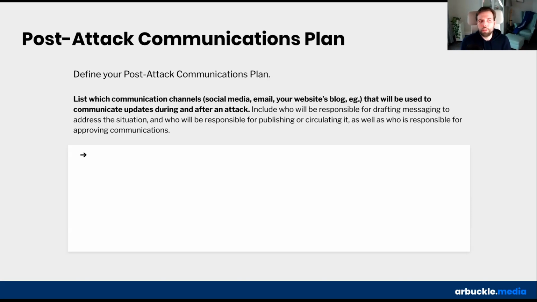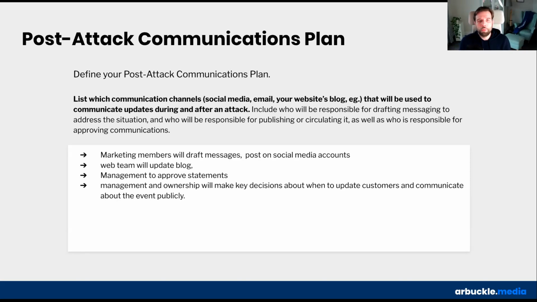And create a post-attack communications plan. So really define which communication channels you'll use, which will be your official methods to communicate with customers, to communicate internally, whether that's getting together virtually so you can see everyone, if someone's email account has been compromised, or getting on the phone, identifying who will be responsible for what, and taking that a step further and getting really specific about your canned replies or your canned messages if you're having an event, who's to approve statements should they come out, who's to communicate and when to communicate to customers, or put it on the website or take down the website, and what messages to say.